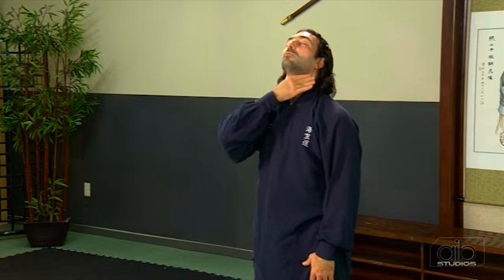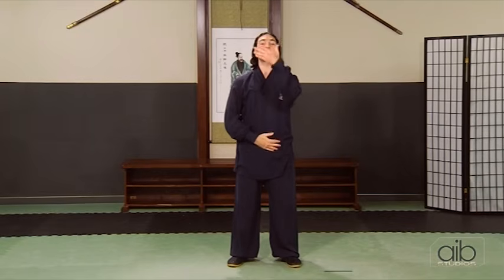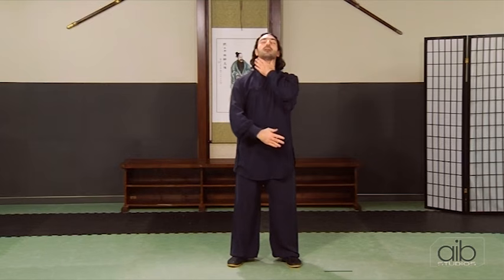Good. From here, we're going to go down our center line. I want to use my hand to first massage on the lymph nodes of my throat, and I'm going to massage, pressing down the center line to my groin. And then the other hand going to come down gently. You can squeeze a little and massage down the center line. And keep going. Imagine that steam now from the palm penetrating all the organs down your center line, called the Ren channel. And I want you to imagine that steam